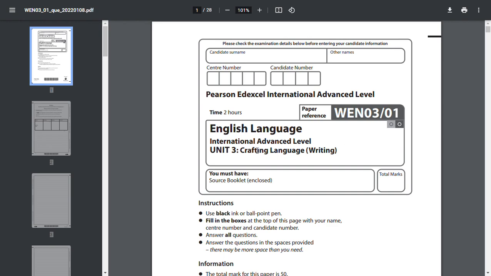So here you are supposed to craft, correct? You're supposed to create, right? You're supposed to compose, right? You're supposed to make. So you craft a text. Remember, in Unit 1, you are given texts. You already had texts that had been crafted by someone else. And in the paper in Unit 1, you were given texts, and then, of course, you were to analyze those texts